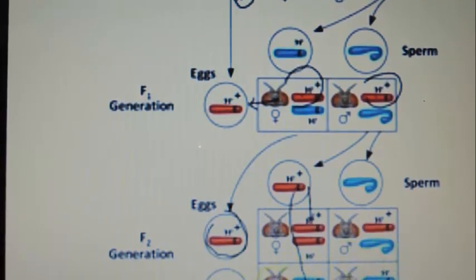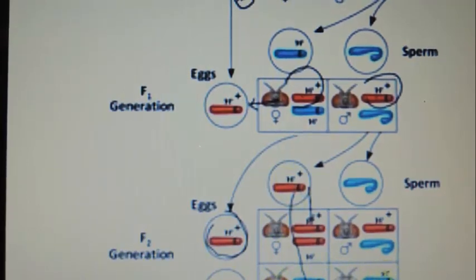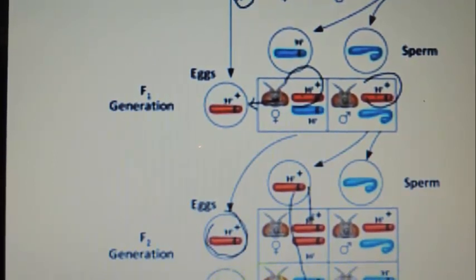Now, this doesn't really impact the phenotype of the daughters because all daughters are going to get a wild-type allele from their dad. But since the males are hemizygous, the mutant allele from the mother would be expressed in the male, even though it's only 1 copy. So that sort of fits the pattern of inheritance seen by Morgan. All the females were red-eyed, and half the males were red-eyed, and half were